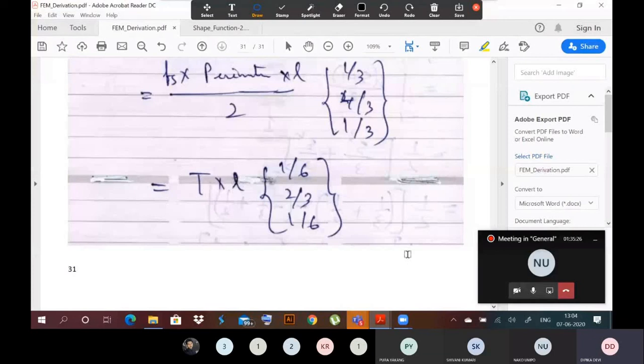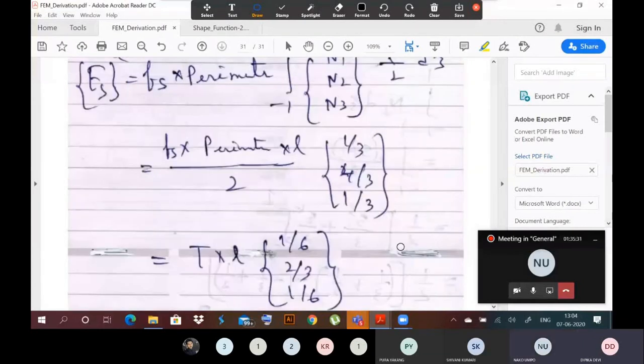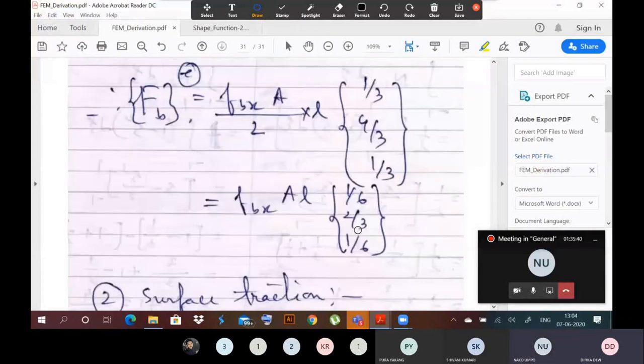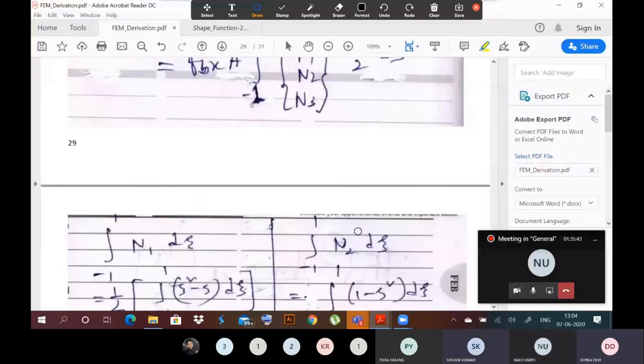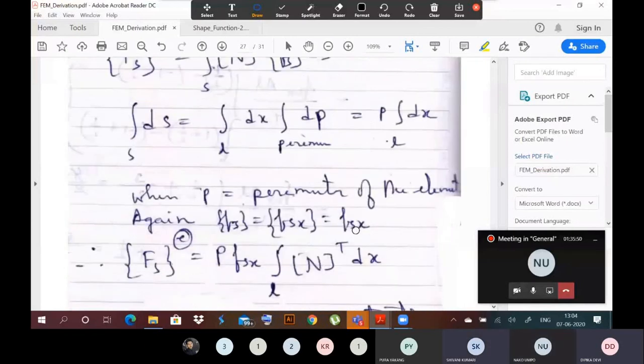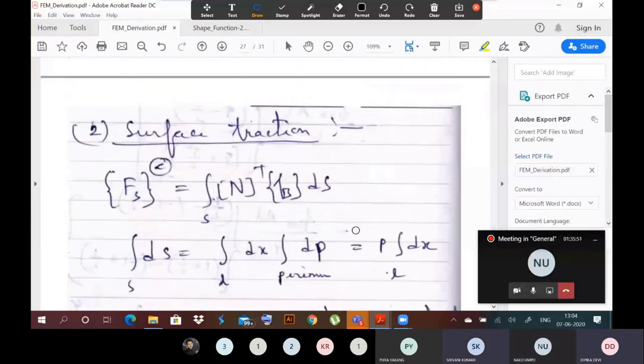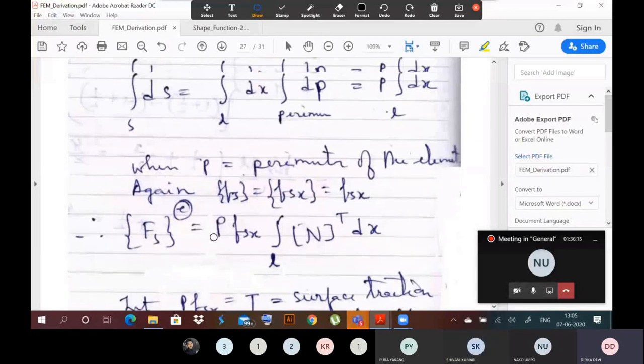If it is okay for all of you, then in the next class I will solve problems for bar. Or I will just explain only one 2D bar, then I will omit it. Omit means you go through it by yourself. Whatever derivation is given in this file, that much is sufficient for you. Then with this we will solve problems. Then we will go to the problem solving for bar.